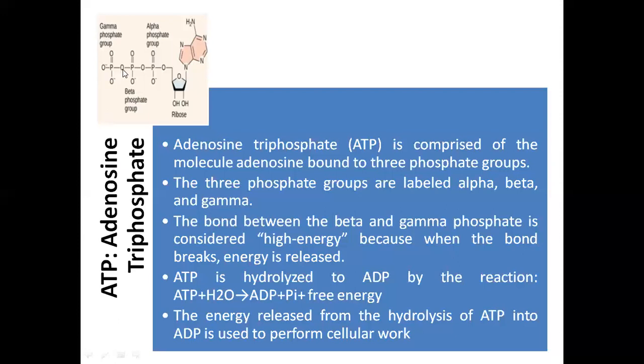If you want to understand what happens here: when one phosphate group breaks, it will release some energy and only two phosphate groups will remain here. These two phosphate groups are the alpha and the beta. And for this reason, the ATP is now known as adenosine diphosphate. Di means two phosphate groups. And that's how the breakdown of ATP releases energy that can be used to perform different cellular functions of work.